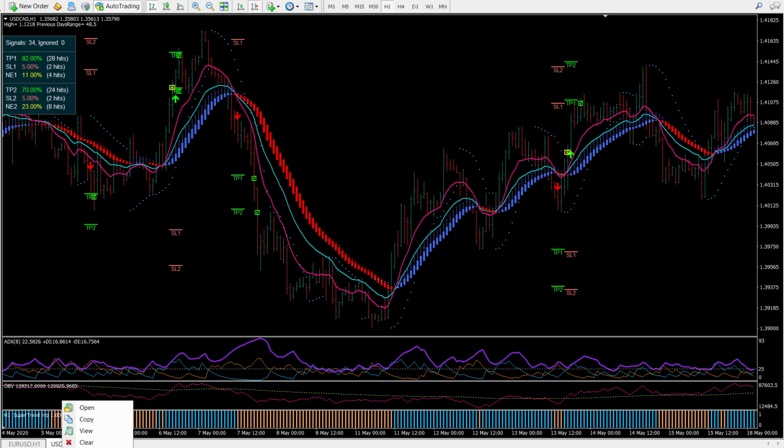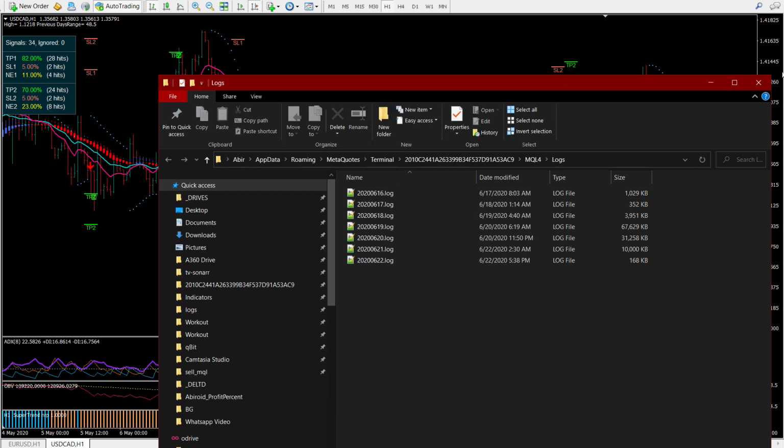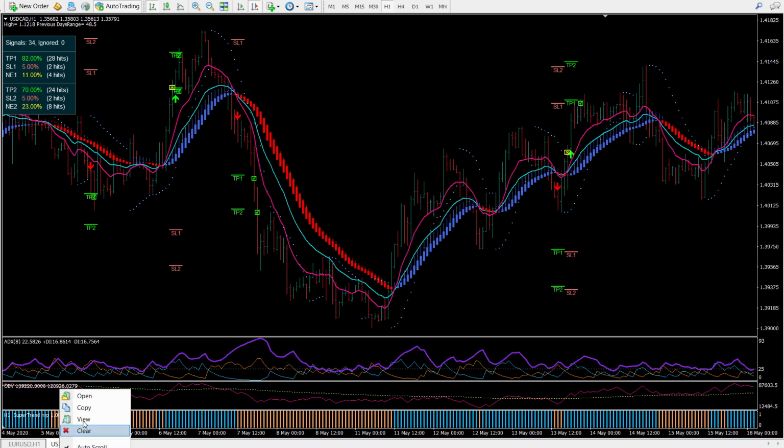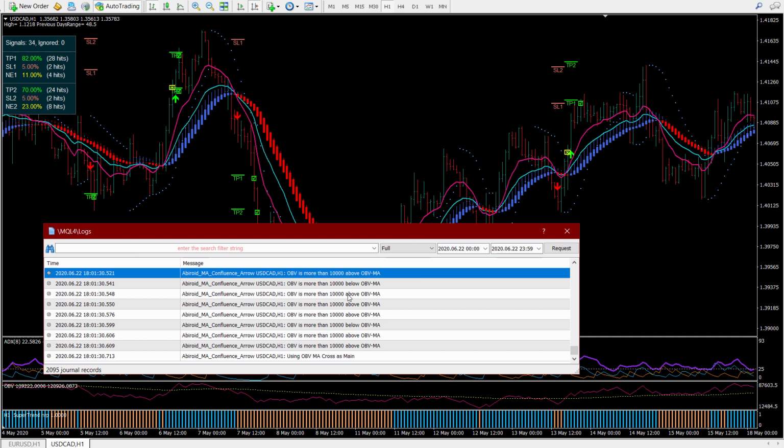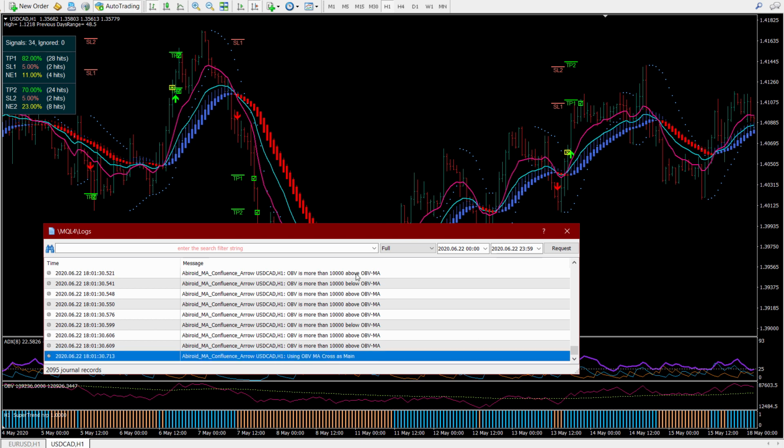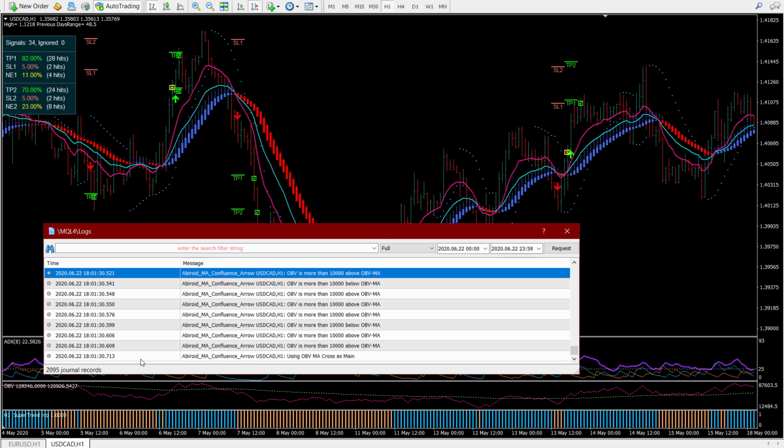It will study the past bars, and it will show you all of these signals. Sorry, let me open the journals log. Right, so with this base strategy, we are using OBV, and we are using a minimum distance with OBV moving average. So it will just show you for each of those signals when the moving average cross happened. So basically in the journals log you will get exactly why a signal was generated or why it was ignored.